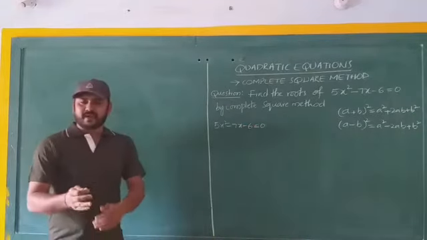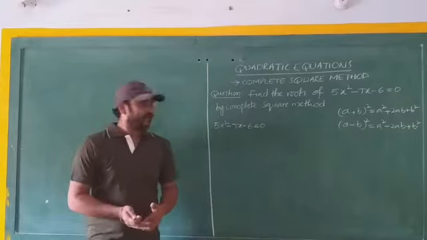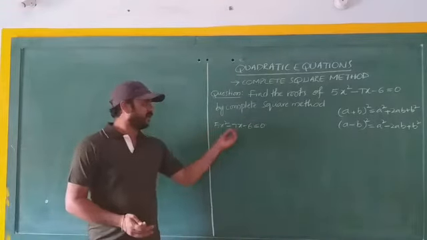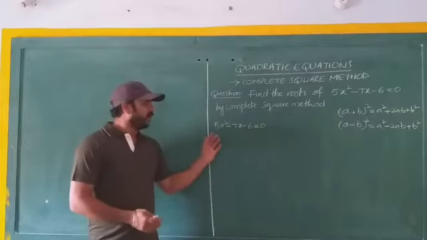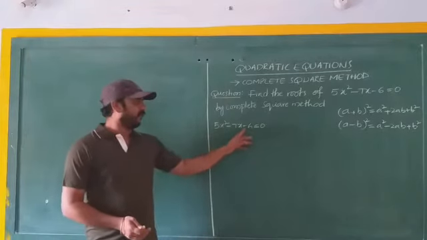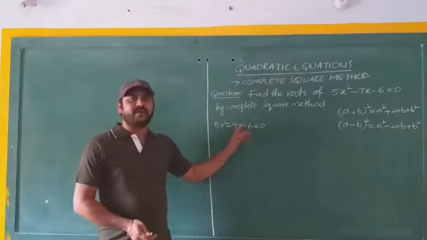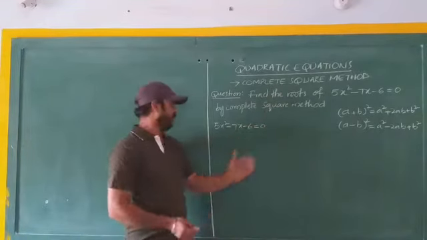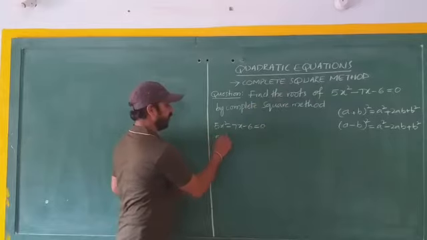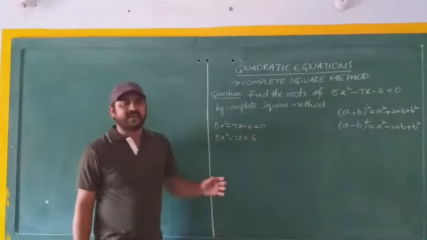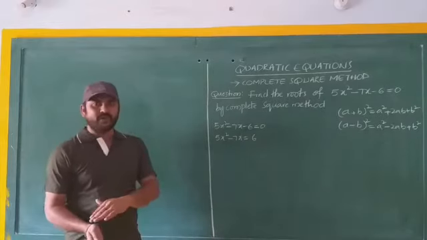And the first step in this method: transposing the constant term to the right hand side. Which is the constant term? The term which is independent of the variable. Here 6 is independent of the variable and it is the constant term. We have to transpose it to the right hand side. Now we get 5x square minus 7x is equal to 6, and the next step is to make sure that the